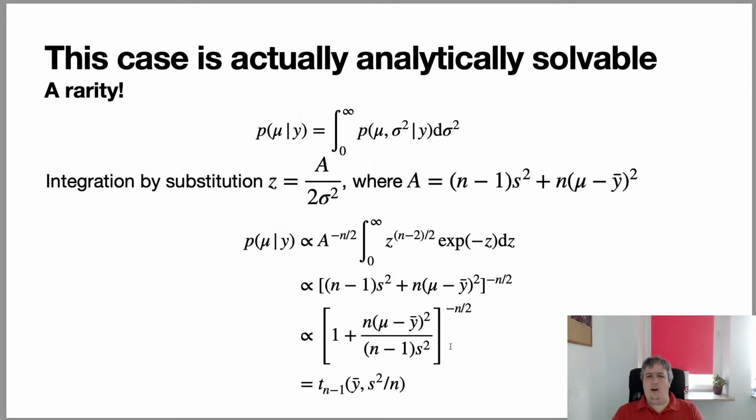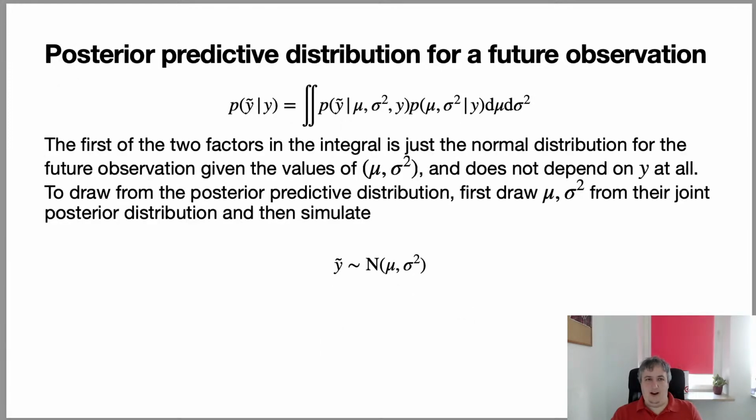And in the case of this example that I showed, there is an actual analytical solution, which reduces to a Student t distribution with n-1 degrees of freedom, location of the sample mean, and scale of the sample standard deviation squared divided by the sample size. Generally, this is in the case of normal distributions, and in the case of generally creating a posterior predictive distribution for a future observation, it is